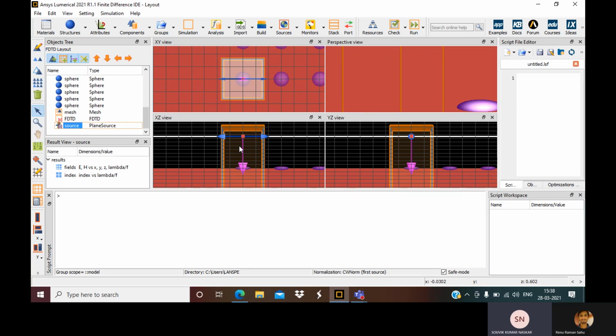So for the XZ view as well as the YZ view, we can make it narrower, just after the sphere of gallium, right?